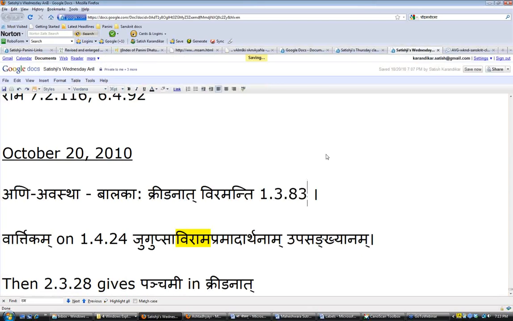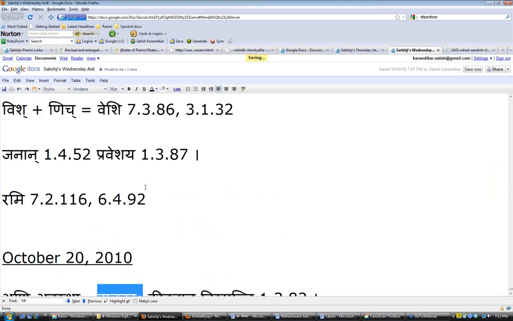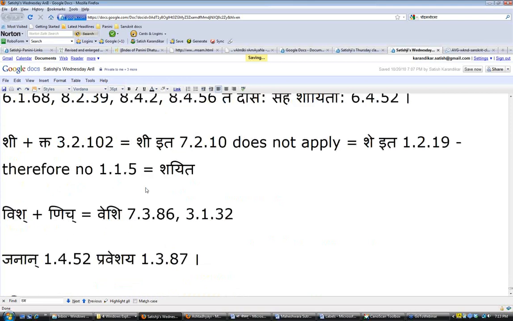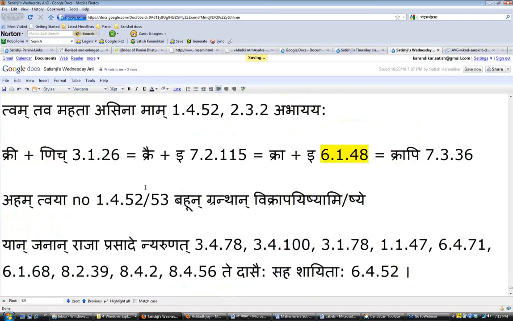Now when the nich comes in, then of course we have to go through a checklist and see what happens to this balaka. By the way, there was a typo in last time's file. I think in every place, unfortunately, for that sutram, which is karmani dvitiya, I was putting 238. It should be 232. So in a number of places in the last class, I put it by mistake.